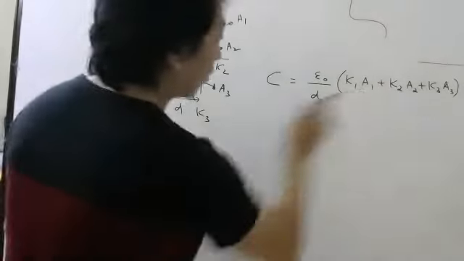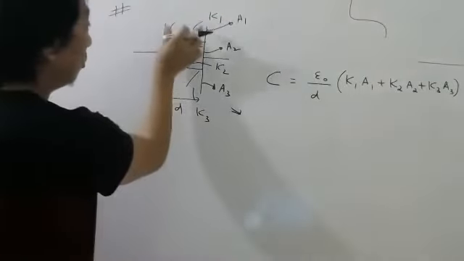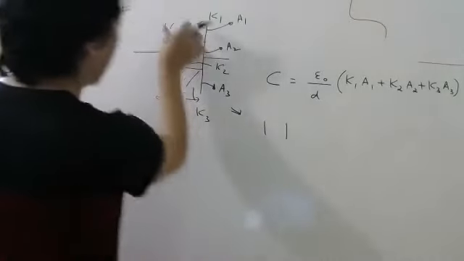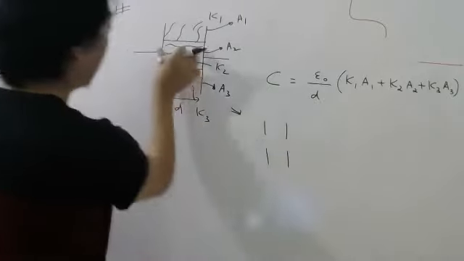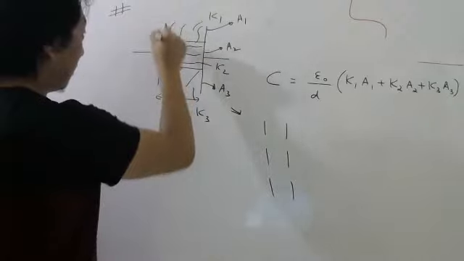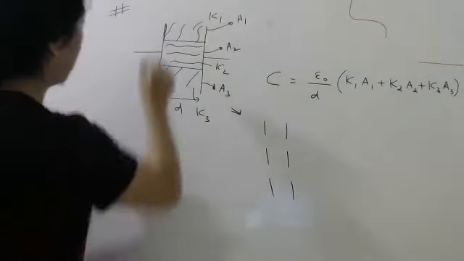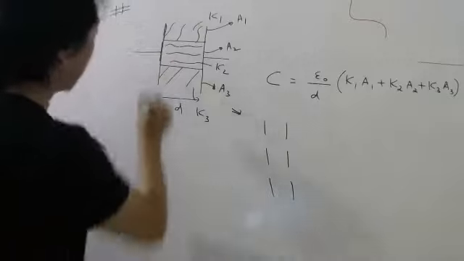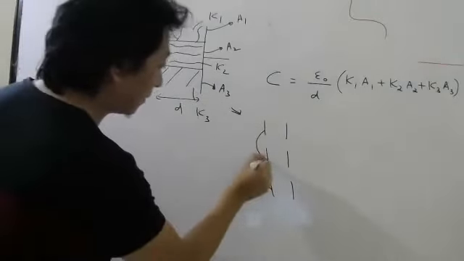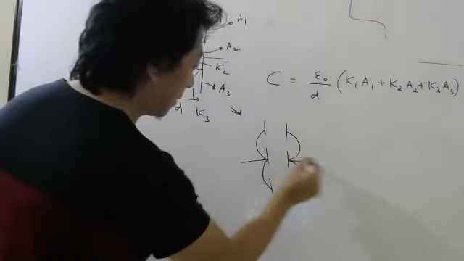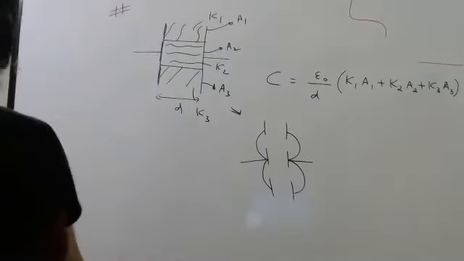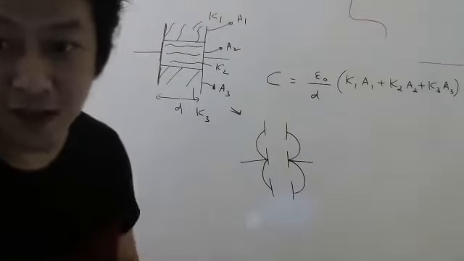To know how this formula comes, look here. If you look at this part and this part, it looks like this. First capacitor, this part. Then second capacitor here. Then third capacitor here. You can see all these plates, this plate of the upper capacitor, this plate of the middle capacitor, this plate of the last capacitor, all of them are joined together. These are also joined together. So it is very clear that these three are in parallel. See, so many students are already saying these three are in parallel now.